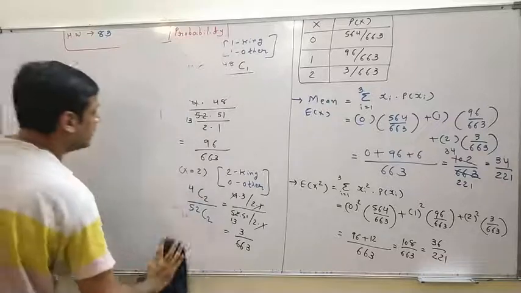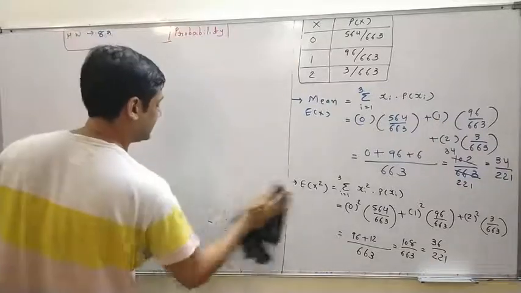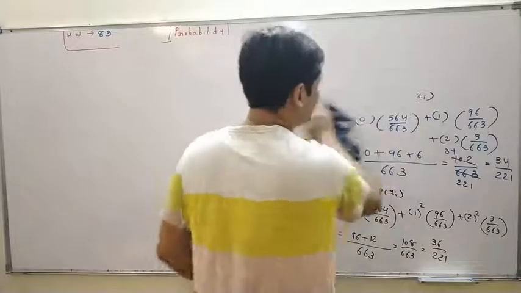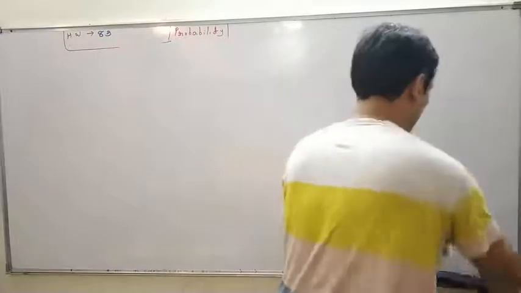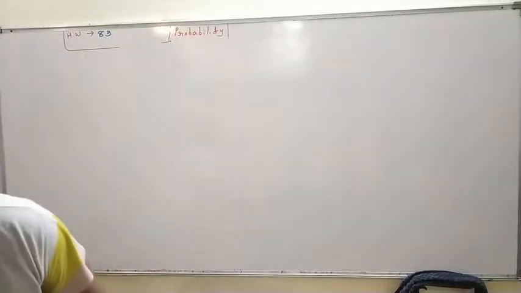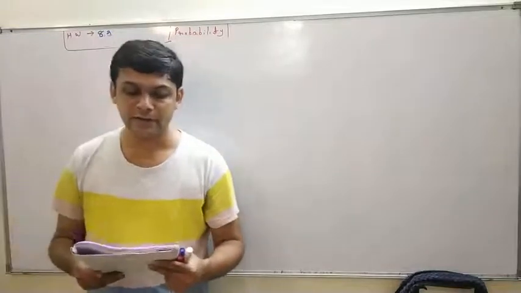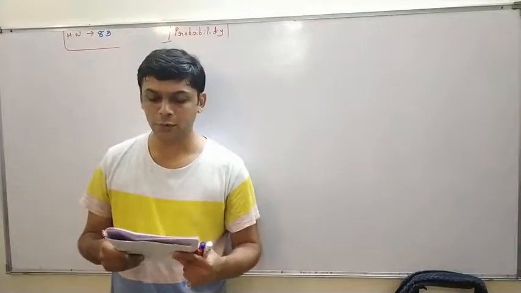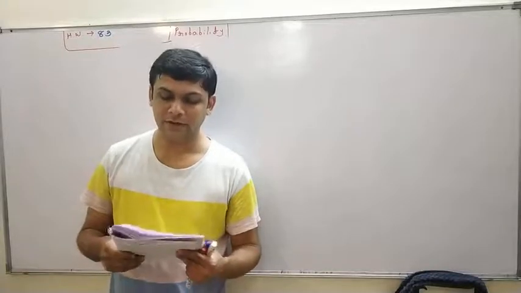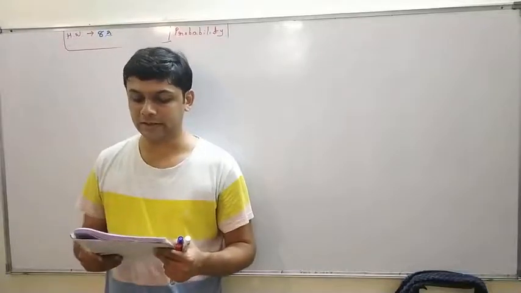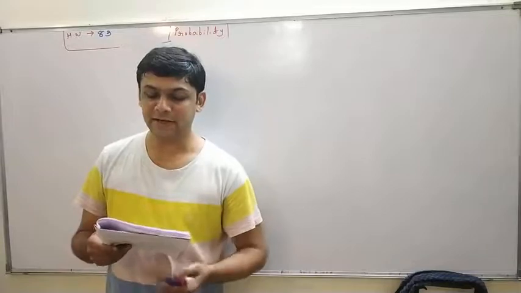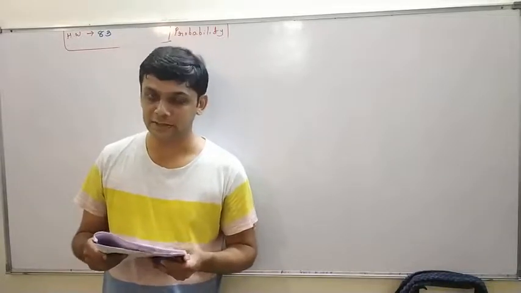Next question is question number 84. One word is selected at random from the sentence: The girl put on her beautiful blue hat. Find expected number of words in the selected word. Sorry, expected number of letters. It is a printing mistake. Expected number of words will not come, expected number of letters will come. Okay.